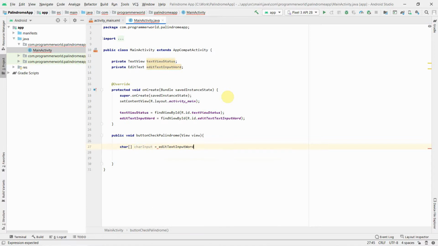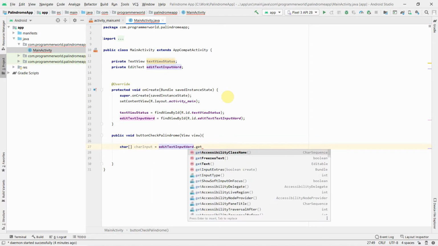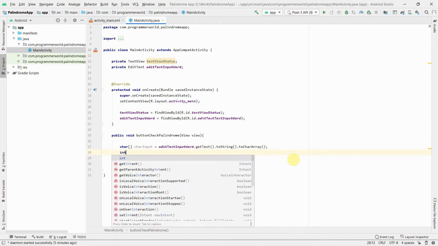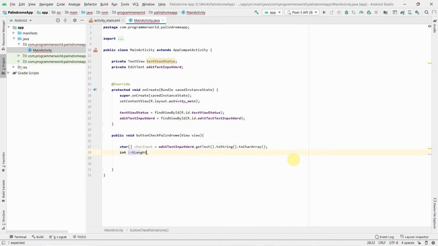I'll call getText dot toString, and from toString I will convert it to a character array using the toCharArray API. Then I will also get the length, int length. I will be using this length to check whether this particular input word is a palindrome or not. For that I'll use the character input dot length, and this will give me the length.